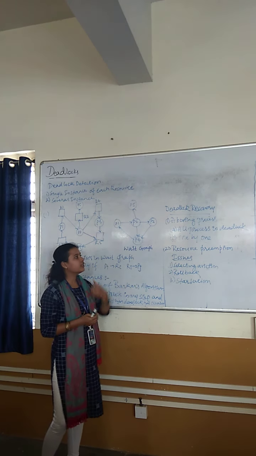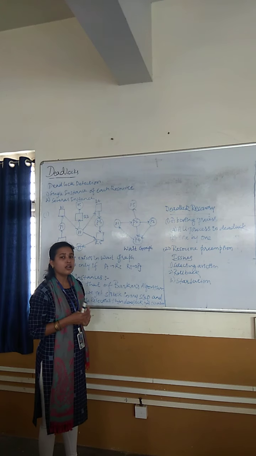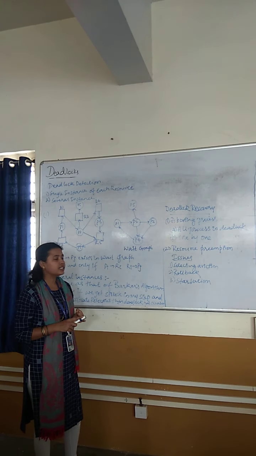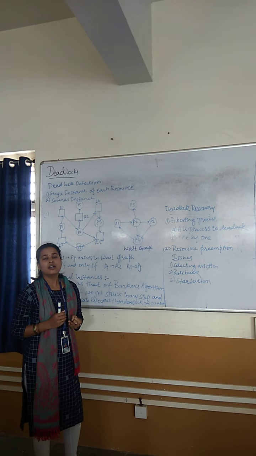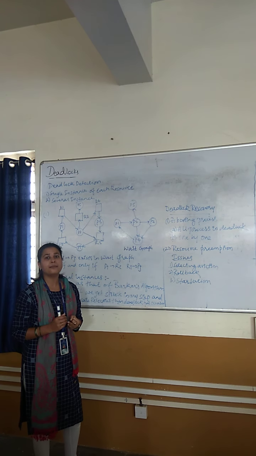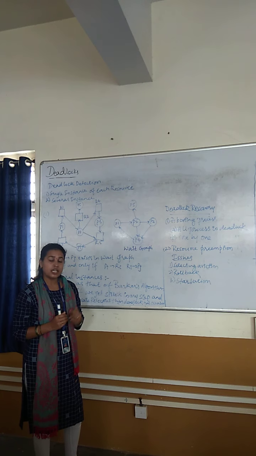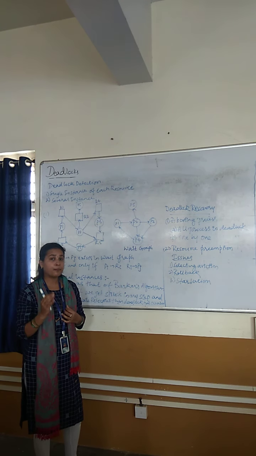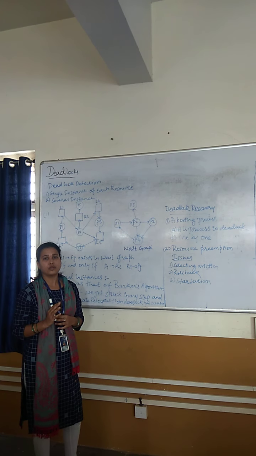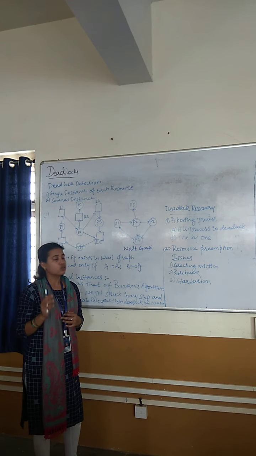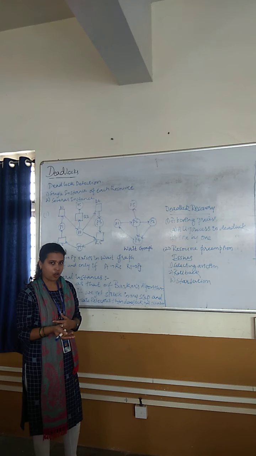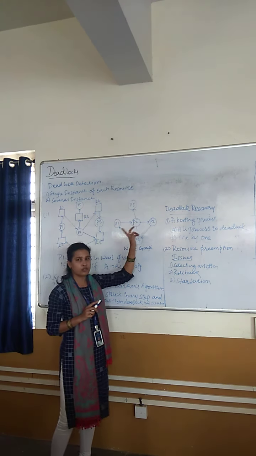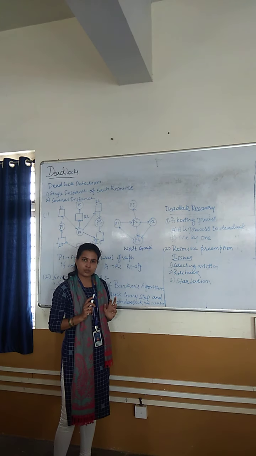We are recovering using these two methods. One is aborting the processes and another is by preempting the resources which are present with the processes. What is preemption? Suspending that process for some amount of time, temporarily suspending that process. That is called preemption. So for recovering from deadlock, we are using two methods. One is aborting the process, second one is resource preemption.